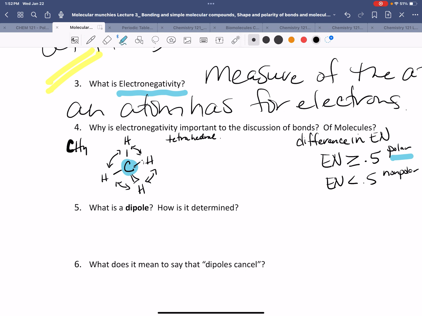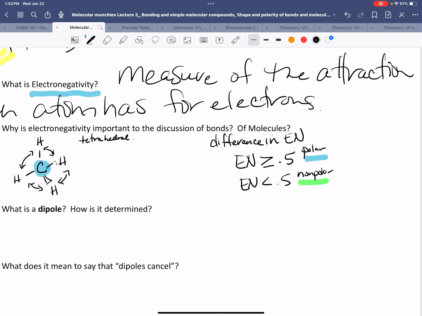If we say that it's nonpolar, basically we're just assuming that the distribution of electrons, the desire the atoms have for electrons, is about equal, and so the electrons sort of have this uniform surrounding of the atoms. Okay, so when we look at this bond between carbon and hydrogen, we're going to look up the electronegativity of carbon and the electronegativity of hydrogen